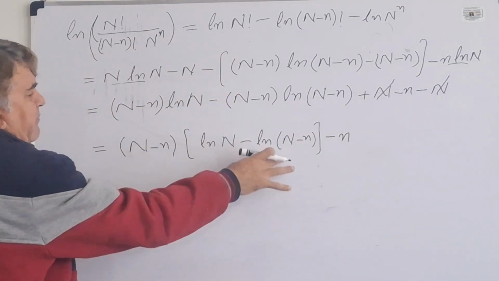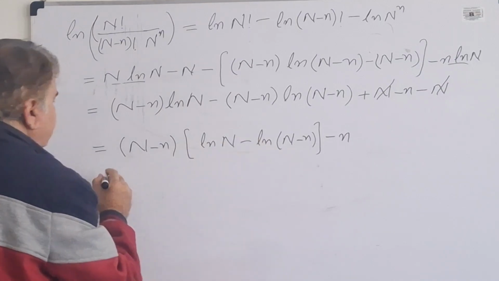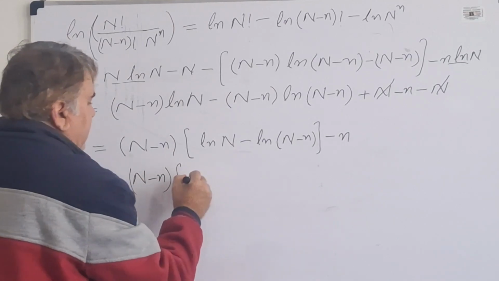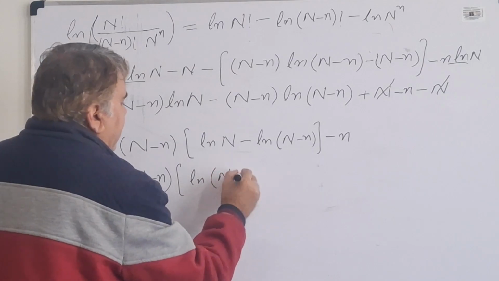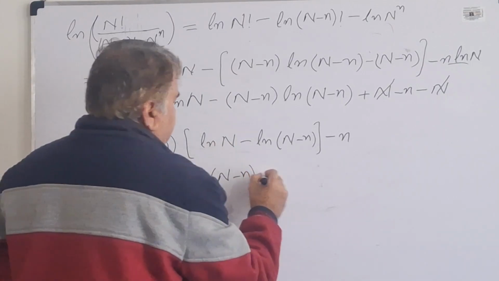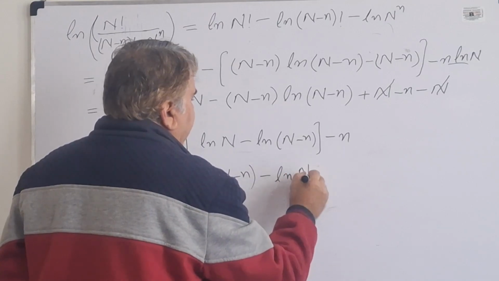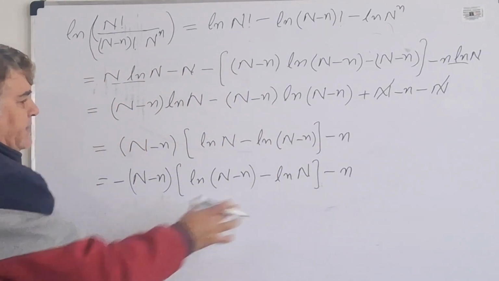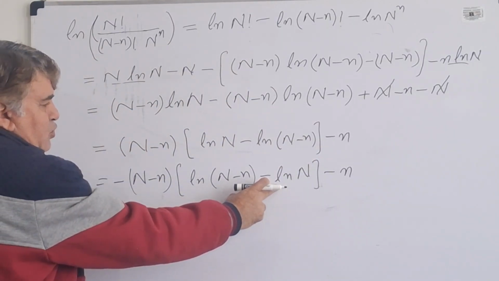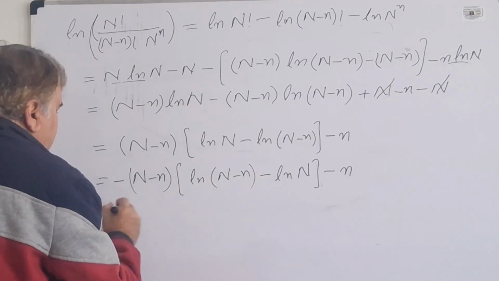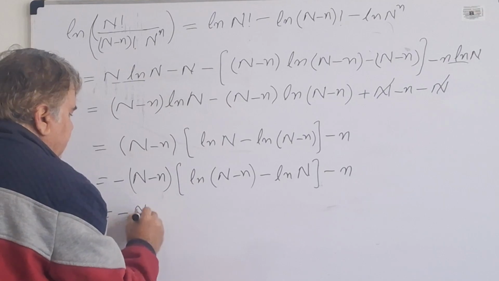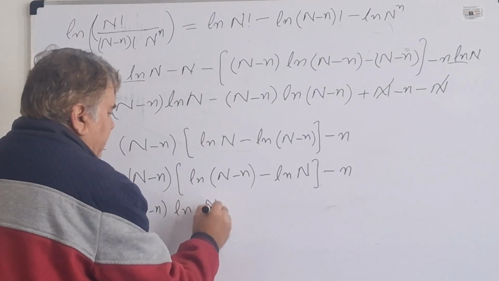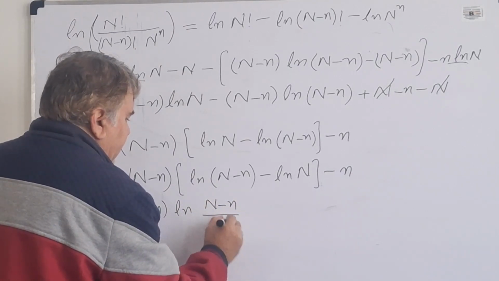If I take a minus common from these two terms, I can write this as minus capital N minus n, and it would become log of capital N minus n, and this will become minus log of capital N, and this small n is in its own place. And now I can convert this into division. So I can write minus n into log of capital N minus n divided by capital N,